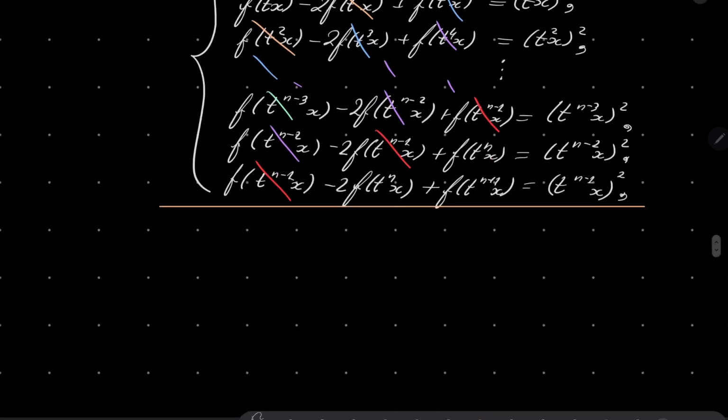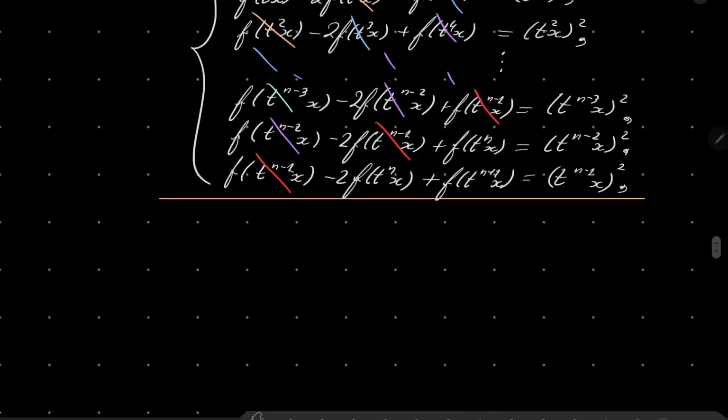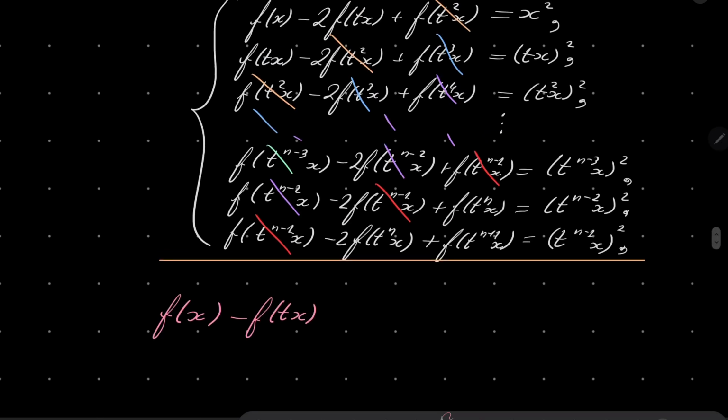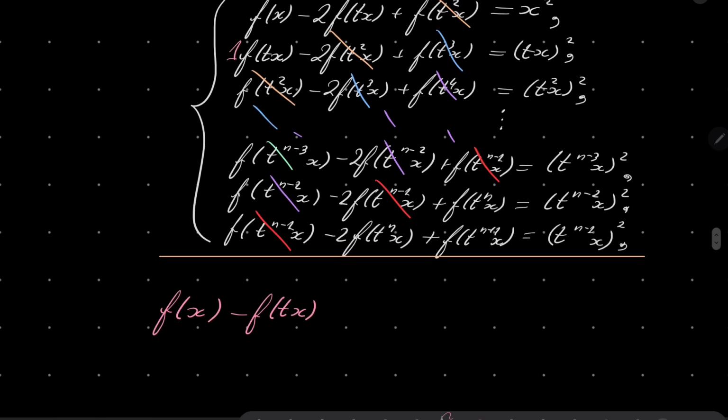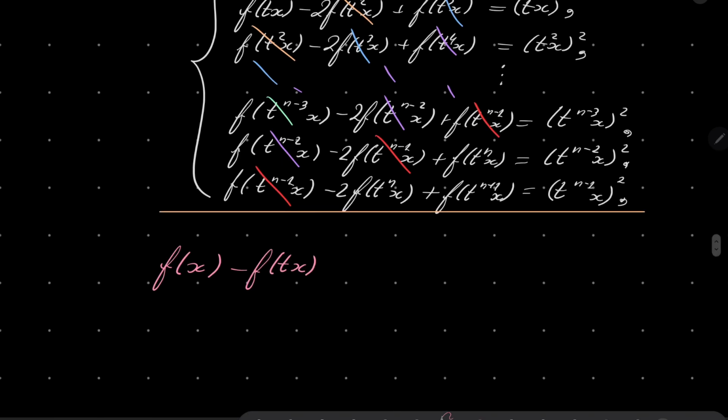And after a bunch of cancellations, we will be left with the following: f of x minus f of t times x. Yes, because here we have 1 and here we have minus 2, so it's minus 1. These will partially cancel with that. We'll have minus f of t to the power n x plus f of t to the power n plus 1 x,